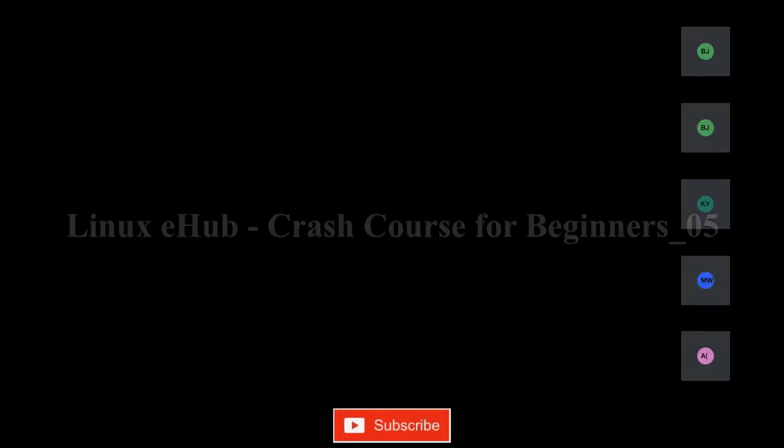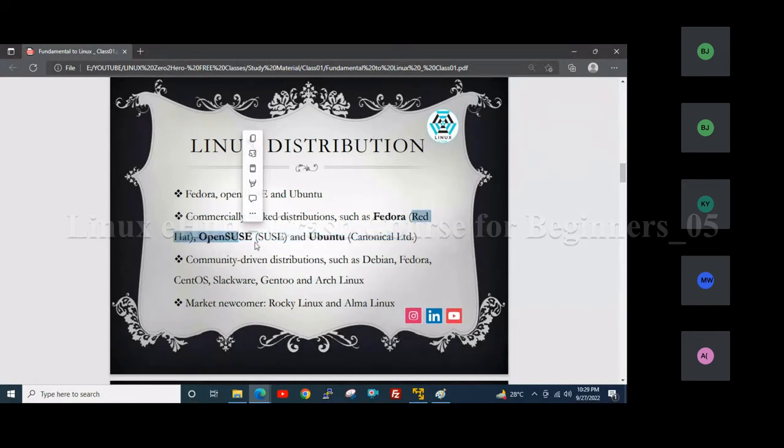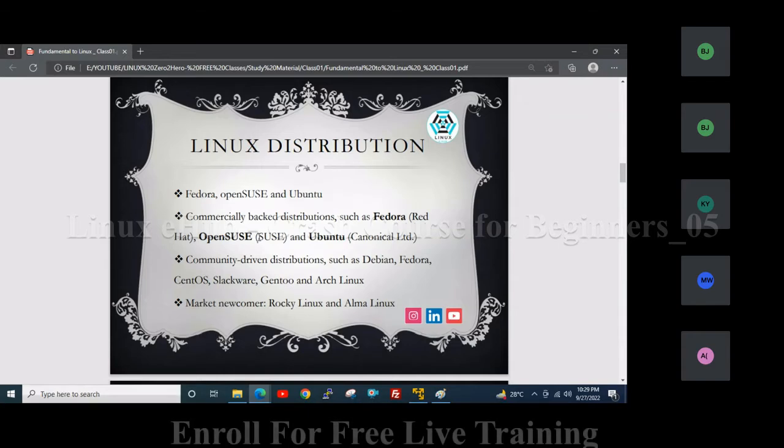So Fedora, OpenSUSE, Ubuntu, these are the major distributions. Commercially backed distributions such as Fedora, that is backed by Red Hat, OpenSUSE, that is backed by SUSE, and Ubuntu, that is backed by Canonical Limited. That means these are the distributions where we can get enterprise level support, OS level support. In case of Fedora, we get the support of Red Hat. In case of OpenSUSE, it is supported by SUSE, and for Ubuntu,